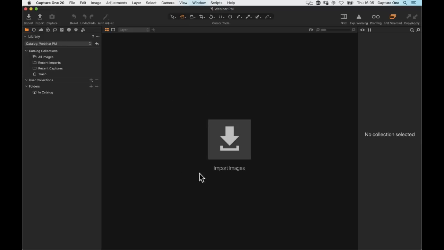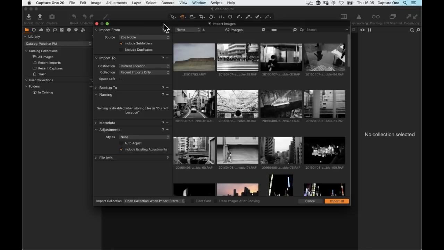Now there's a very large obvious button in the center, import images, which I hope you can spot. Now that always shows when you create a catalog for the first time. For subsequent imports, you'll be able to see import up here in the top left, and you'll be able to import there. Okay, so let's hit the enormous import button in the middle,